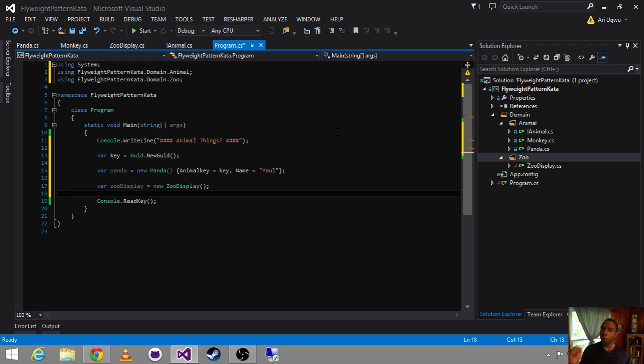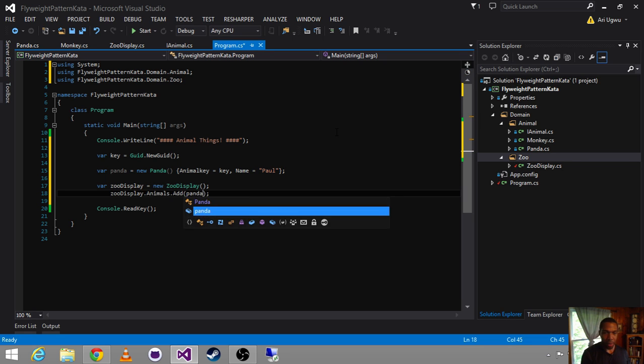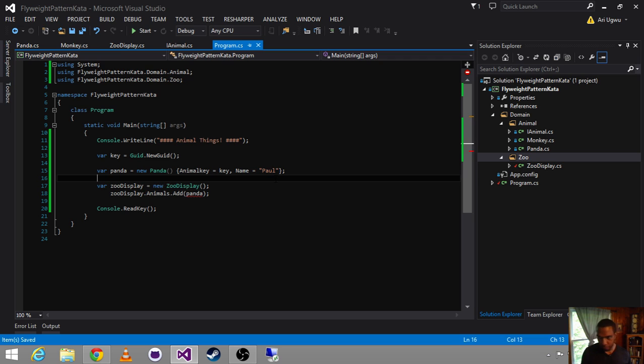I know what this panda is. I've got his tag, right? I've got his zoo display, and I'm going to take that panda and animals dot add panda. Right? This is what I want to do.